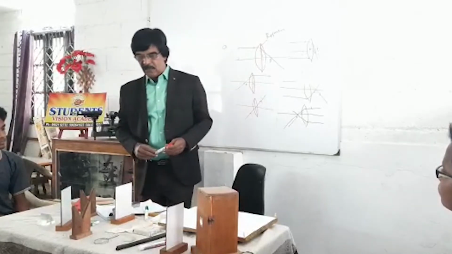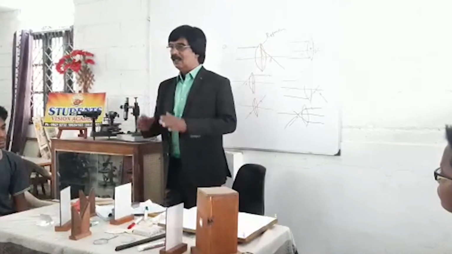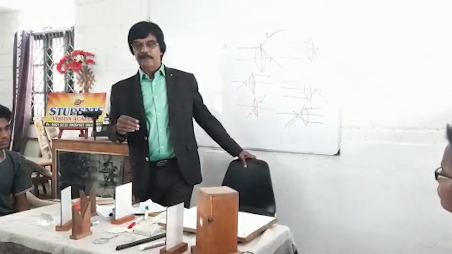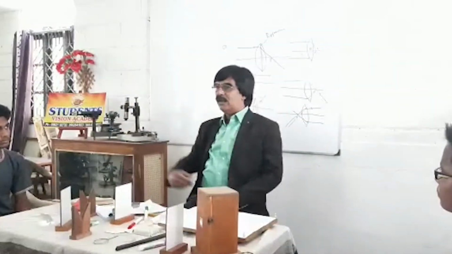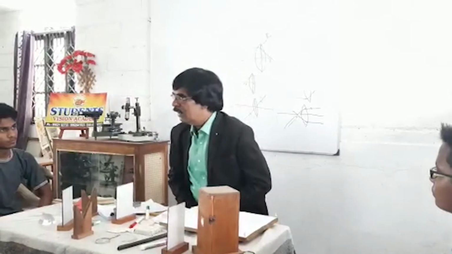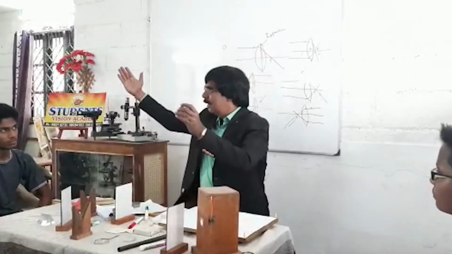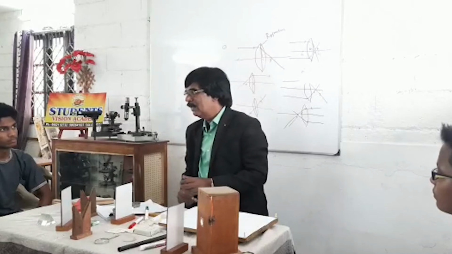Here, to begin with, we are going to concentrate on distant objects. Focusing a distant object, we are going to find what? The focal length of a convex lens. Any object, a tree, an electric post, or a man standing, or whatever it may be. We are going to take this lens and keep the lens here. Some rays are coming, refraction occurs. We are going to get some image on the screen.